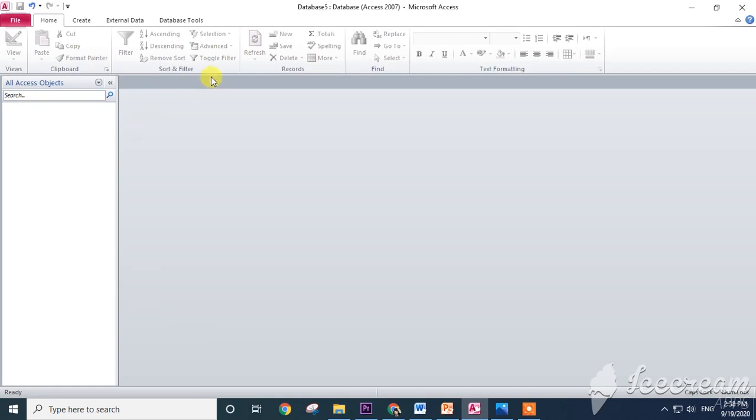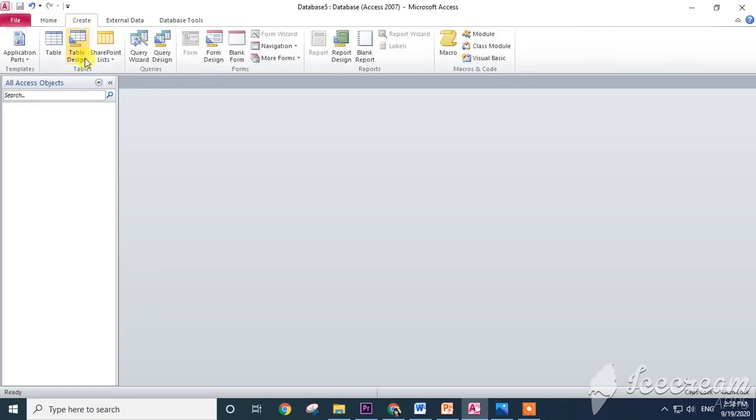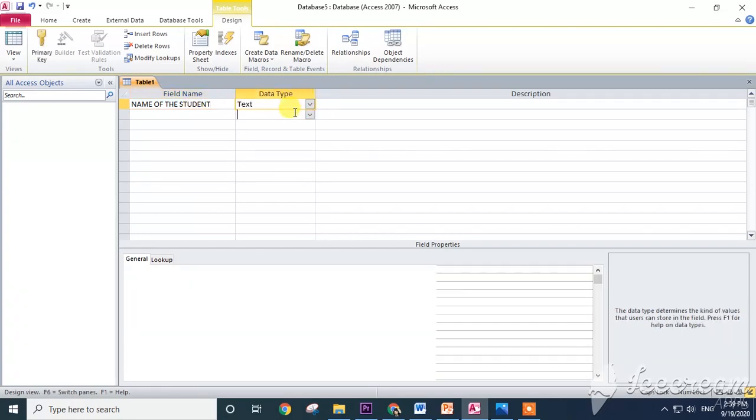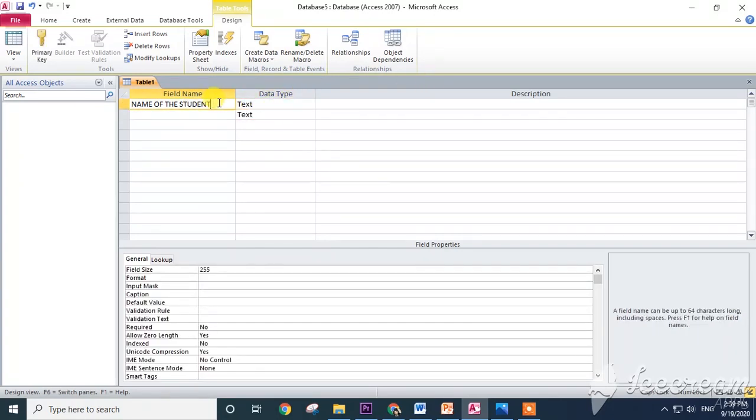Now see here how to create a table in design view. There is a Create option here, and there is a Table Design here. If you saw here, this is first datasheet view, and this one will be table design. Click on this one, and the interface will be like this. First we need to write the field name. Name of the student, and what kind of data type is it? Below the name of the student we will write the names of the students only. So it will be a text data type, as we discussed right now.